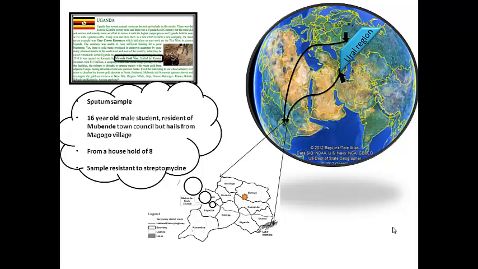The person from whom this isolate was recovered is a 16-year-old student who lives in Mubende town council but hails from Magogo. That's the village where he comes from. This specific strain also was resistant to streptomycin. Now, does this information give any picture of how this Ural got to Uganda? I don't know. It's speculative information, but it simply shows how complex the tuberculosis epidemiology is in Mubende. That you have strains that are coming from thousands and thousands of miles